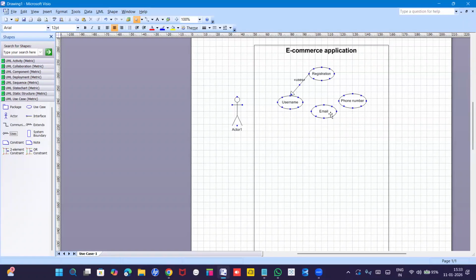Coming to email, we have email and phone number. Those are the two options, and we can use any one of them. So to show this optional thing, I am using extend. Extend we can give upwards, like the arrow must be up towards the essential use case. To show extend, the arrow must be towards the registration,